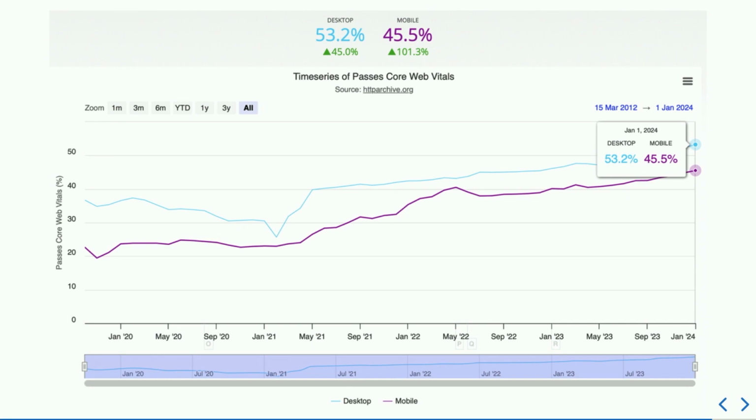But because of the Web Performance Working Group, we've actually seen a lot of positive change over time. This is the number of sites that, according to the Crux report, pass Core Web Vitals. And you can see that that number's going up. For mobile devices in 2020, that number was under 20%, which is appalling. The Chrome User Experience Report counts a website as having passed if the P75, the 75th percentile, passes the test. So this is good. Over time, this is going up. This is ending on a positive note.